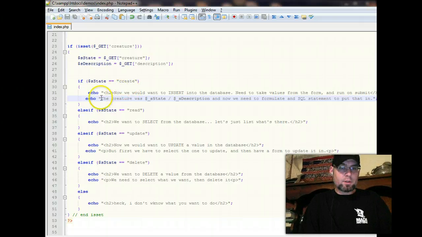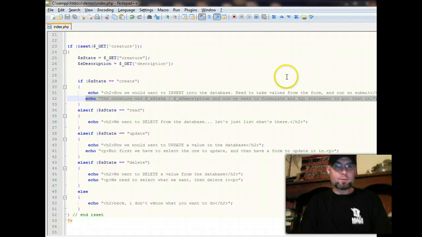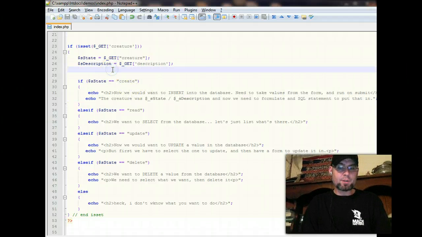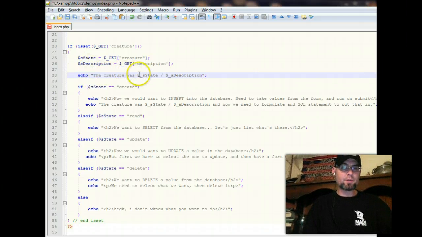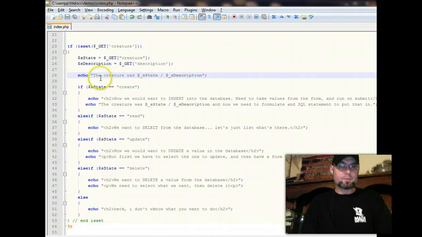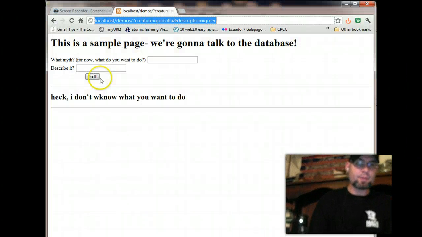So let's move this up for now. We just want to make sure we're getting both values from the form. Notice that by using double quotes, we can actually put the variables with the $ signs directly in there. Save that, refresh,